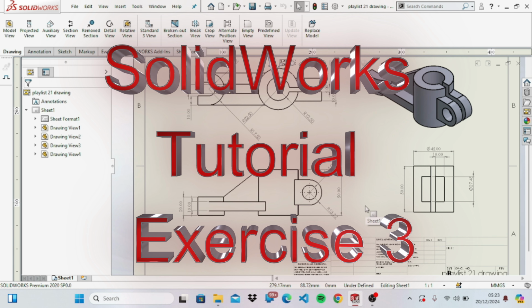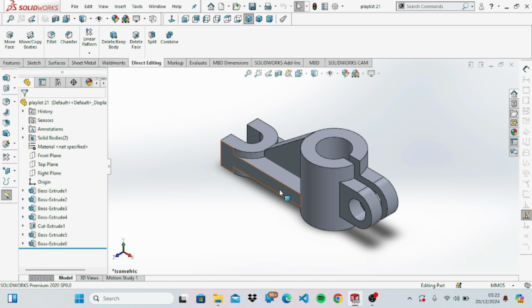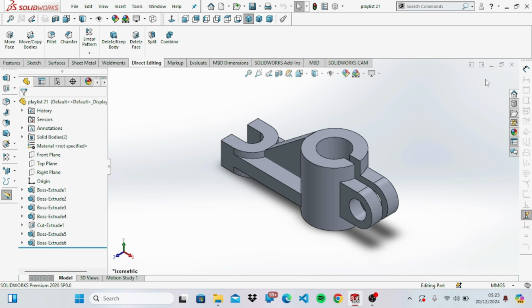Today we are going to be designing this figure. We are going to be exploring a variety of commands like mirror, extrude, offset extrude, extrude cut, and a lot more. The dimensions for this drawing can be seen